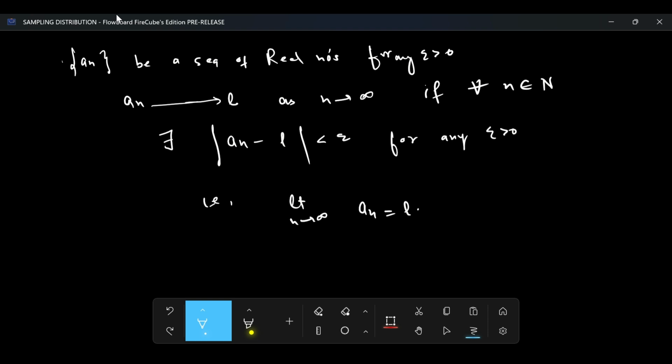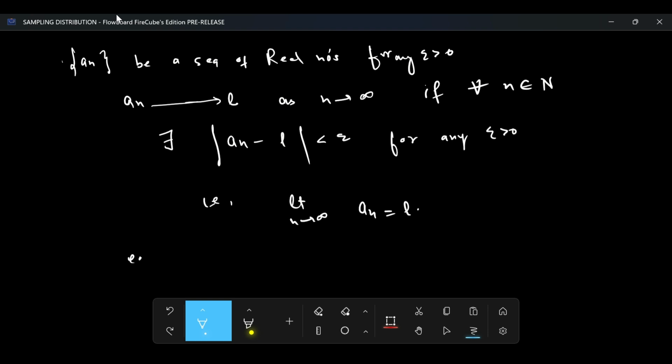So this is the convergence when we talk about real analysis. The difference between the sequence and some limit point L is less than epsilon. Then we say that the sequence converges to the limit point L as n tends to infinity. This is the sequence of real numbers, but this is not in our syllabus. Let's take an example of this first, then we will move to what's in our syllabus.